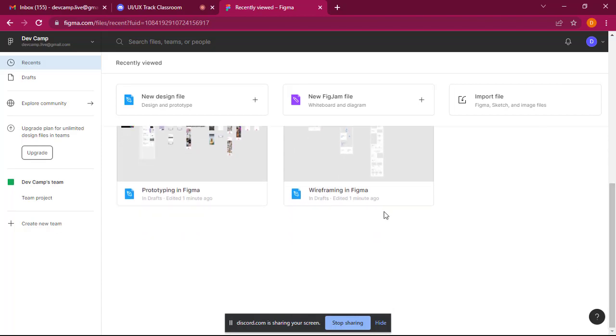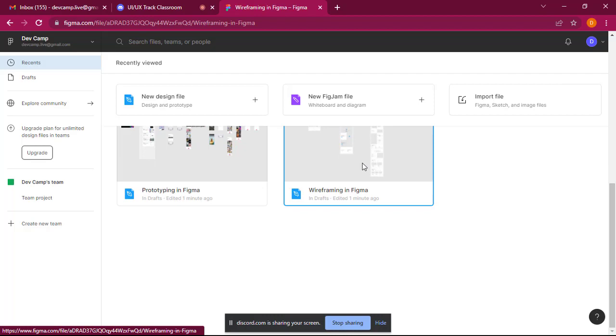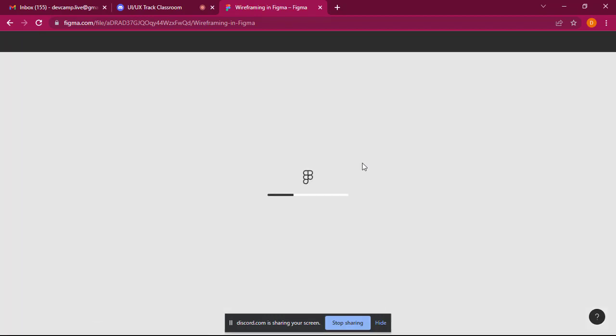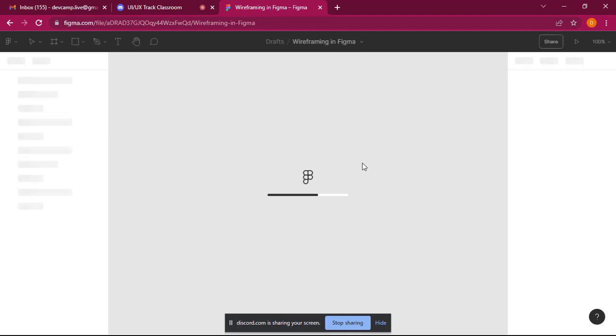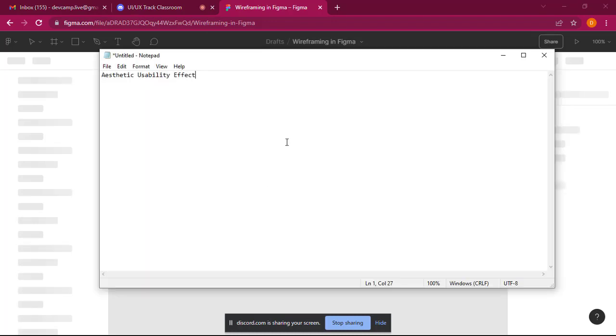Let me open up one thing they've already done. So there's a difference between wireframing and prototyping. As you can see, this one has wireframing in Figma. We also have prototyping in Figma. So coming back to my notepad, in designing interfaces there are